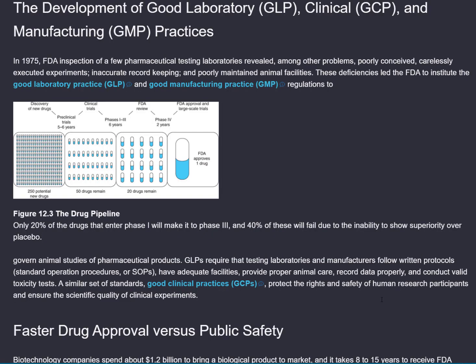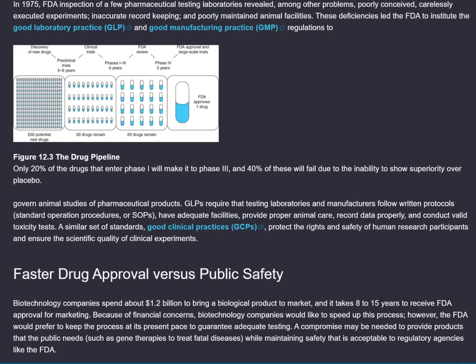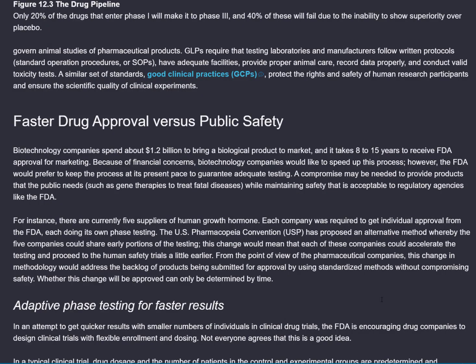The development of good laboratory (GLP), clinical (GCP), and manufacturing (GMP) practices. In 1975, FDA inspection of a few pharmaceutical testing laboratories revealed, among other problems, poorly conceived, carelessly executed experiments, inaccurate record keeping, and poorly maintained animal facilities. These deficiencies led the FDA to institute the Good Laboratory Practice (GLP) and Good Manufacturing Practice (GMP) regulations to